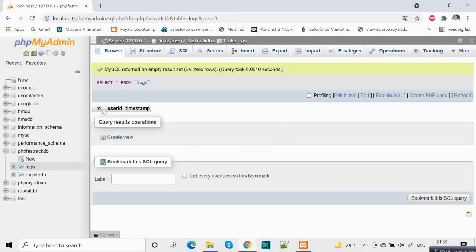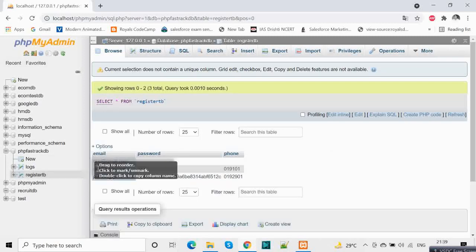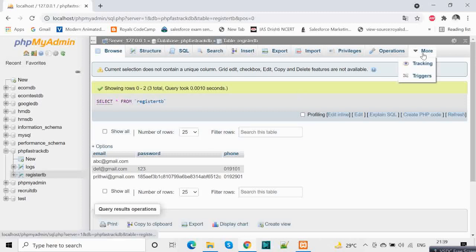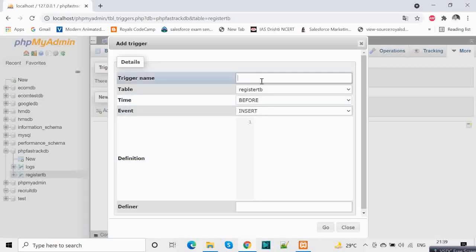So we have this table, which is presently empty. In our registered table we have this. This is our register table, so whenever anyone registers, a record is inserted and we want to trigger. So go over here and go to triggers, add trigger, give it a name. Let's say this is